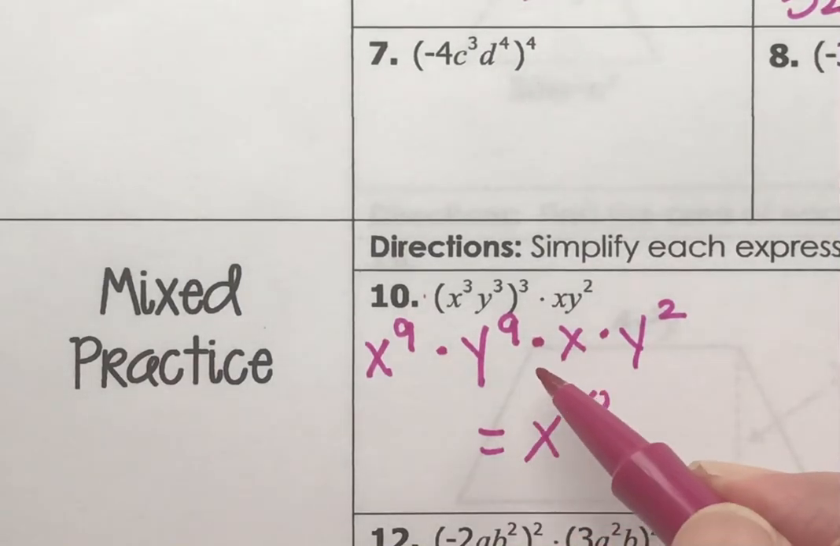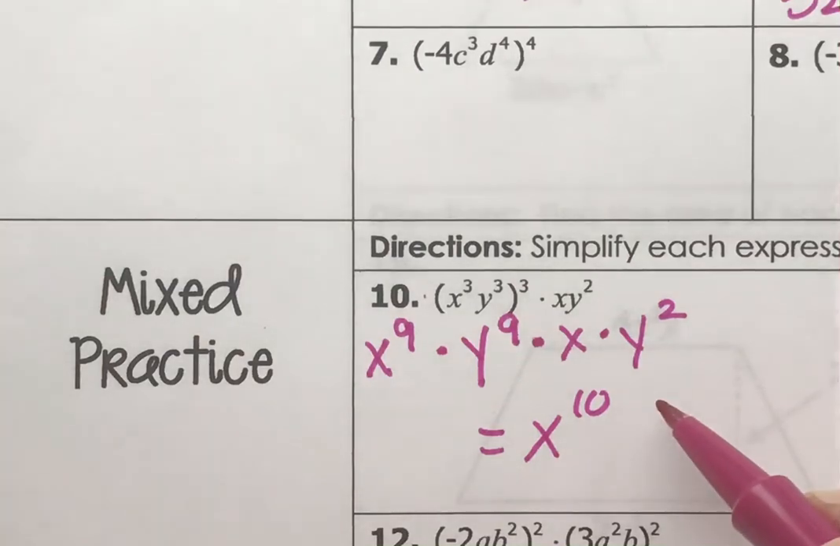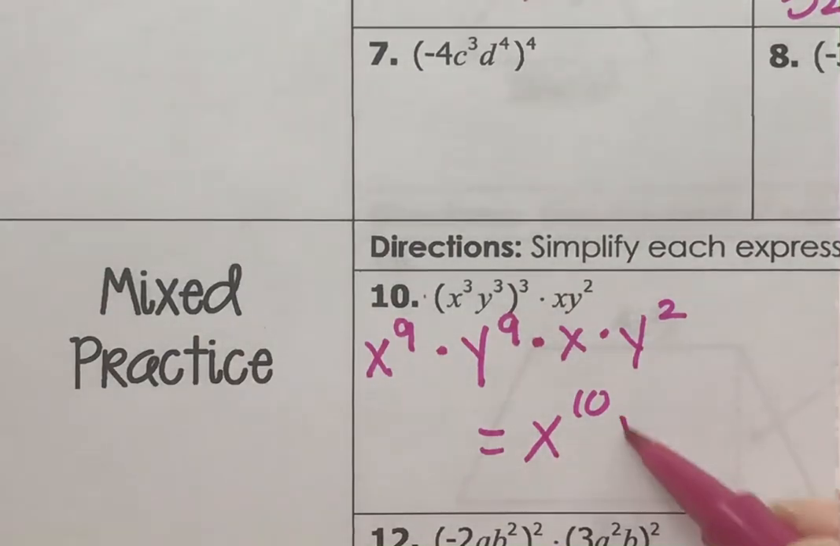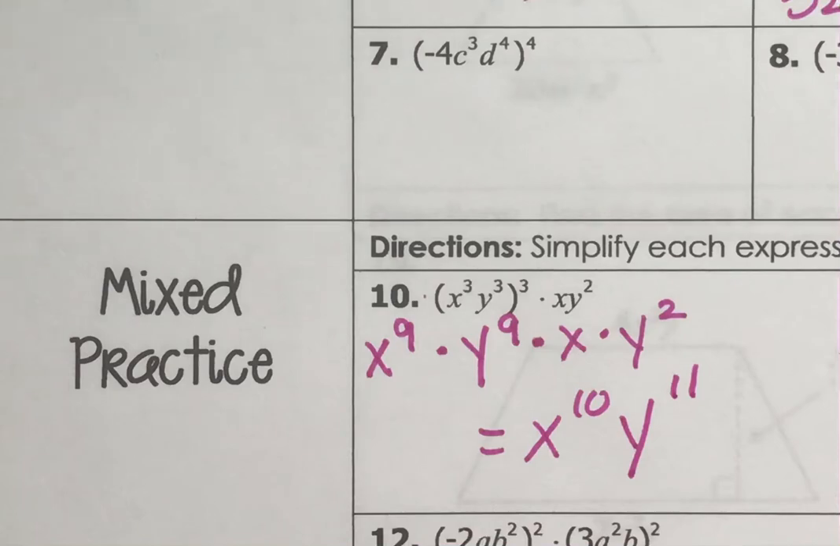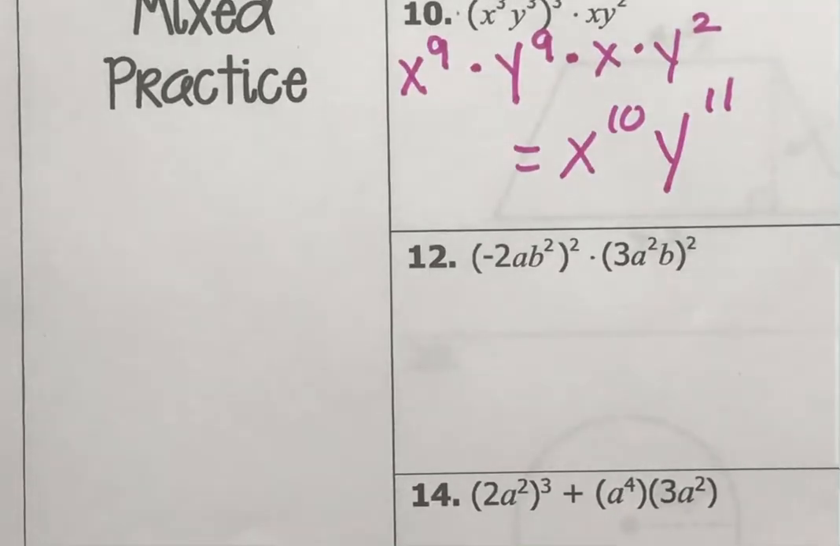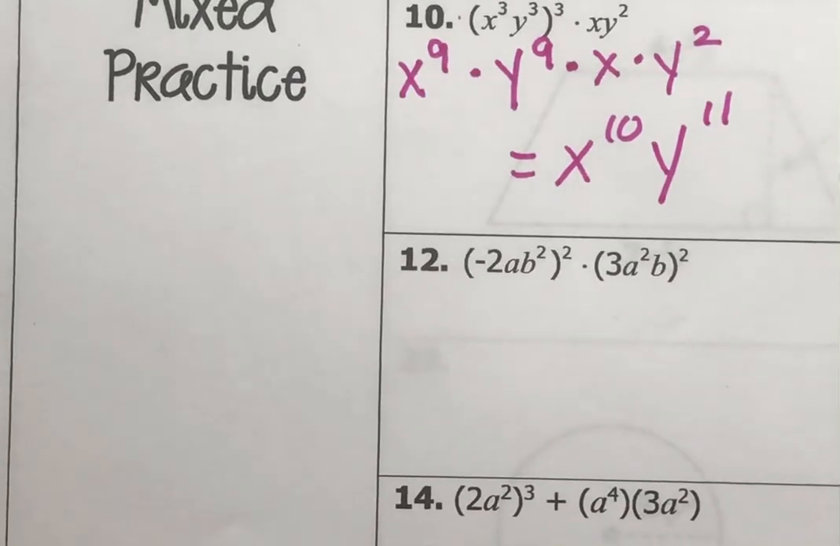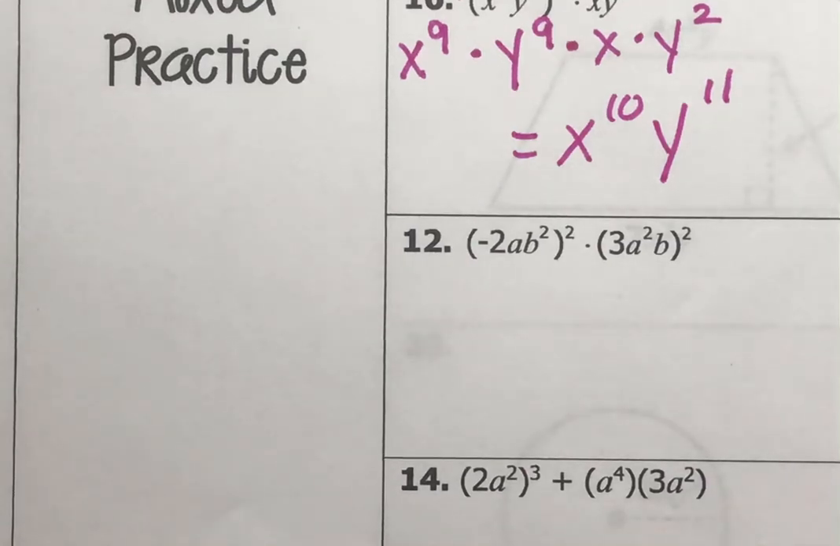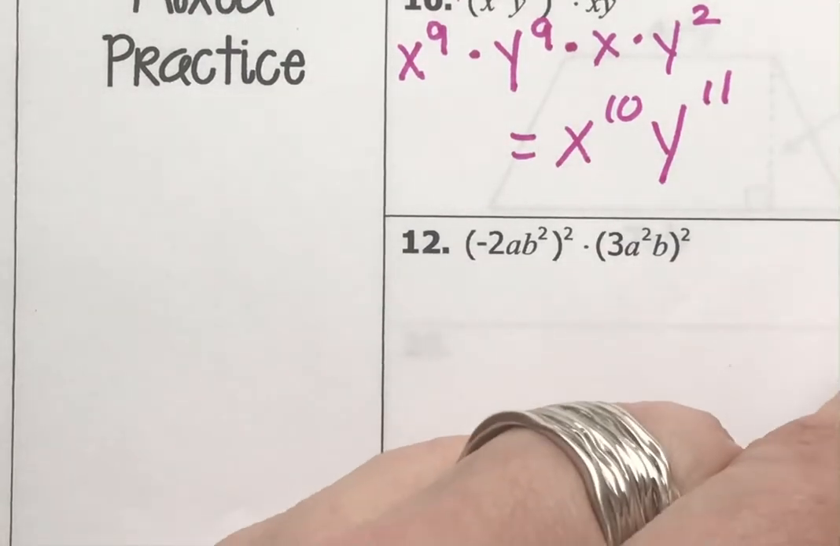Then if I've got y to the 9th and y to the 2nd, how many factors of y do we have? We have 11. Okay? We need to talk about negatives. Okay, don't let the negatives flub you up. So here if I've got a to the 3rd,